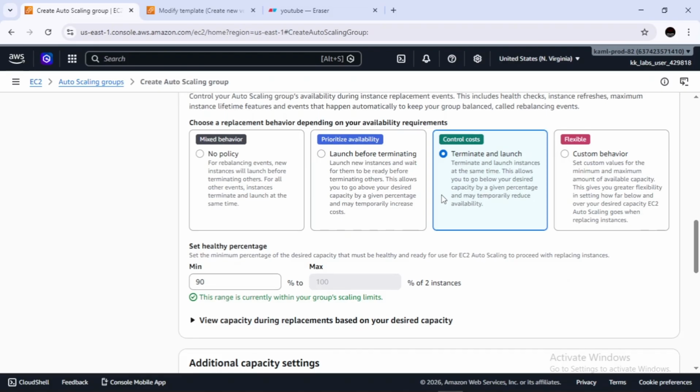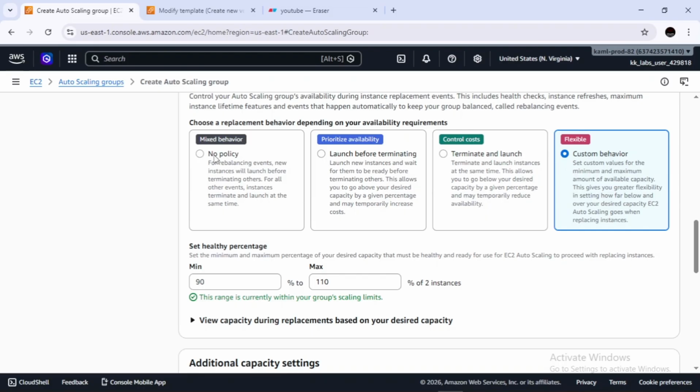Here AWS first terminates the old instance and launches a new one. This saves cost but can cause a short downtime. And the fourth option is custom behavior, where we can define our own rule for minimum and maximum capacity during replacement. So if your application is critical and cannot afford downtime, always choose launch before terminating. But if cost is your first priority, you can go with terminate and launch.